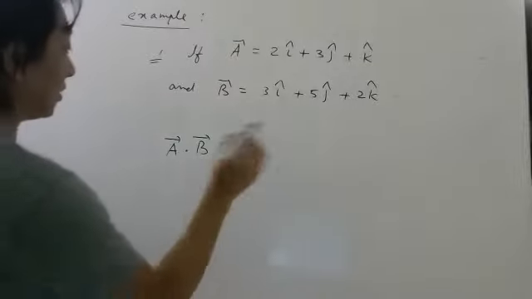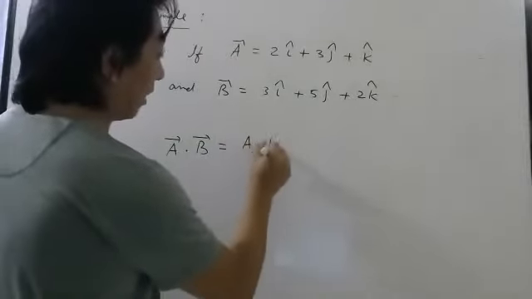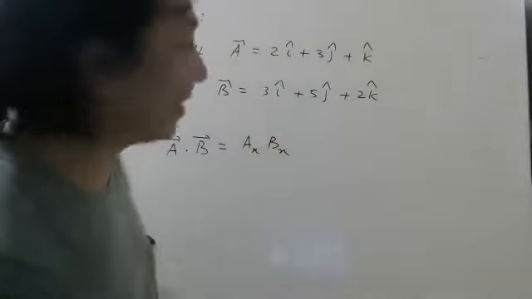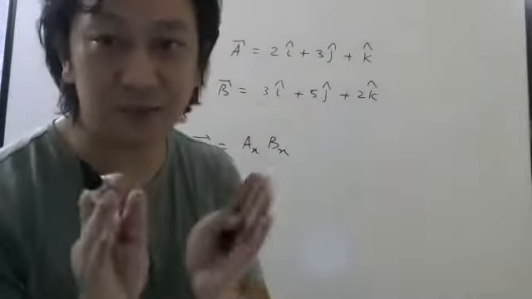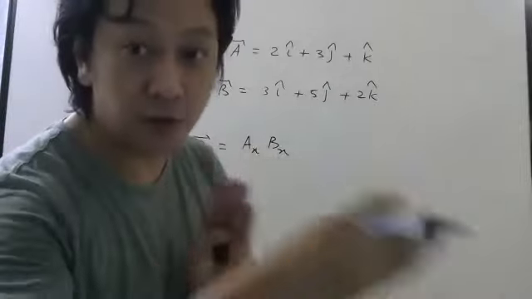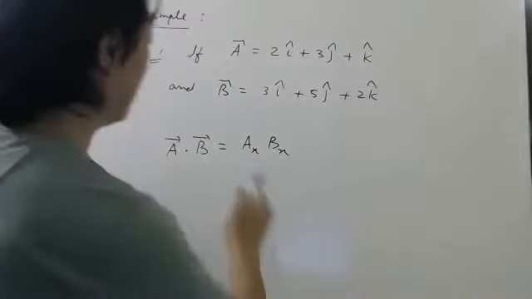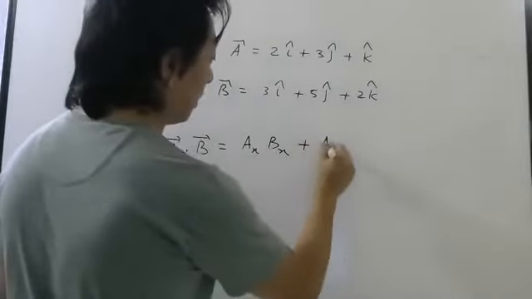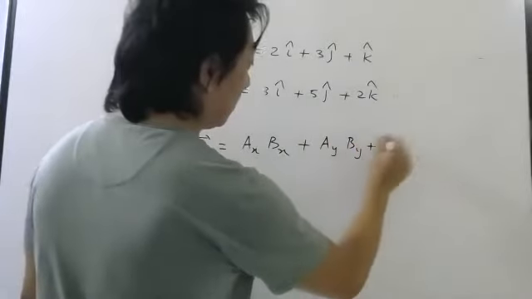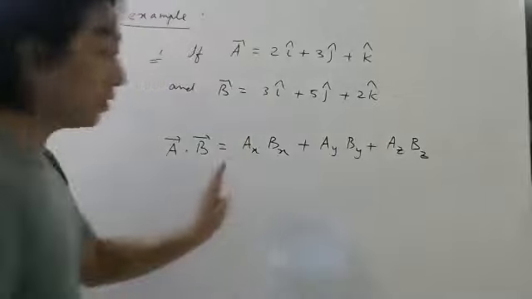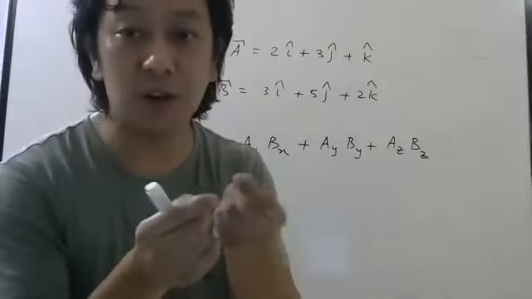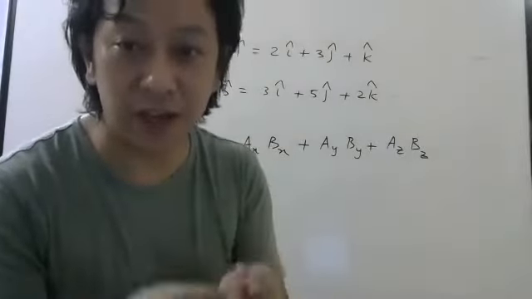So in exam, what should you do? Write the formula. Those students who will directly write 2 3s are 6, 3 5s are 15, like that, if you do, you will not get full marks. First, you have to write the formula: ax bx plus ay by plus az bz. All of you understood how this comes? It comes because of the way we have defined dot product.